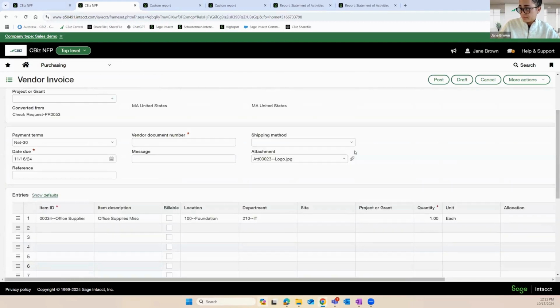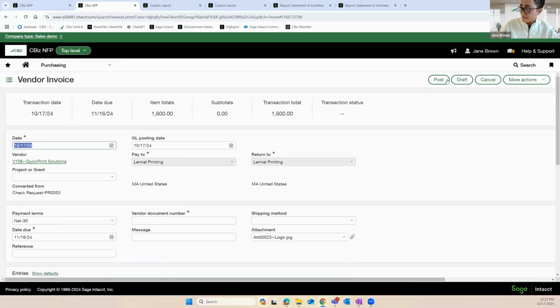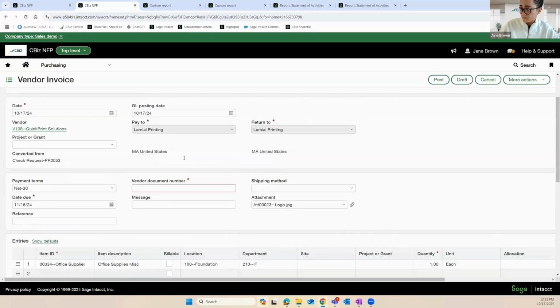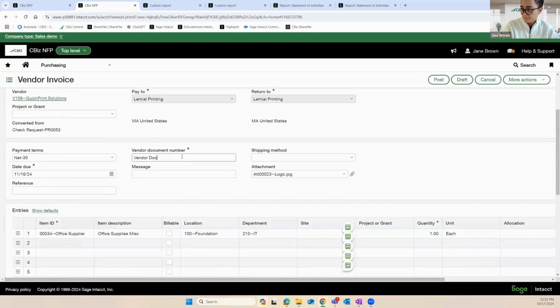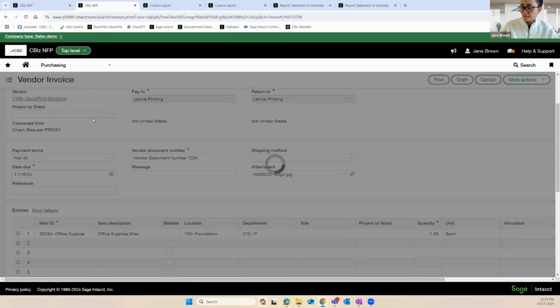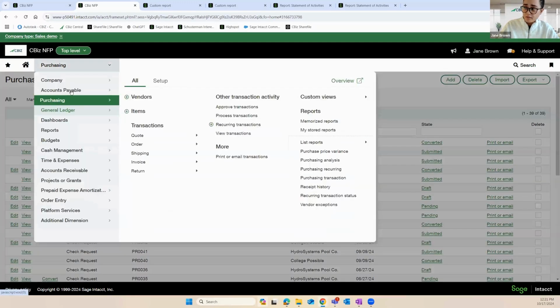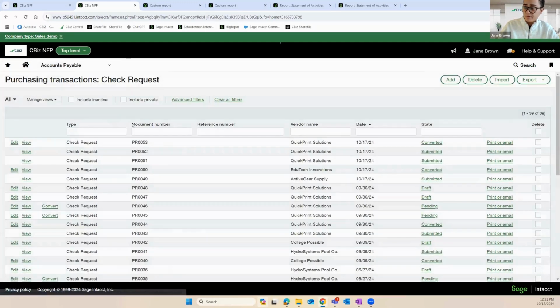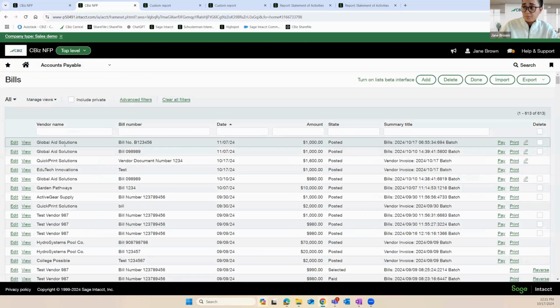I can review it, make sure everything's in here that needs to be, and then I can post it. Oh, I need a vendor document number. I can go ahead and post it. And at this point, this bill ends up in my accounts payable module,